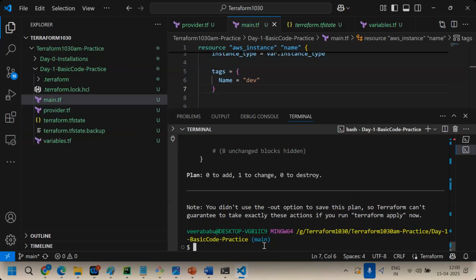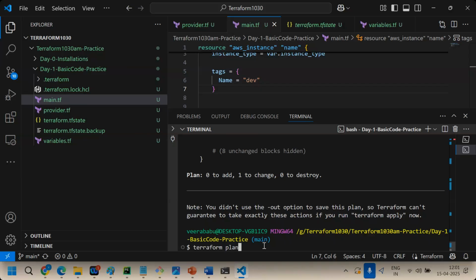So to update a tag, do I need to delete a server? No. But if you run it through CLI or Python Boto3, you need to write big logic for this. Check first whether the instance is there or not, check whether the tag is there or not, and so on. We need to write big logic. But here it is simple. You need not do anything. The state file will take care of it. The background Go language is there, and it will take care of everything. Clear?